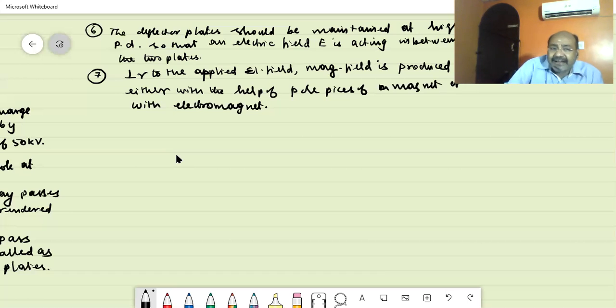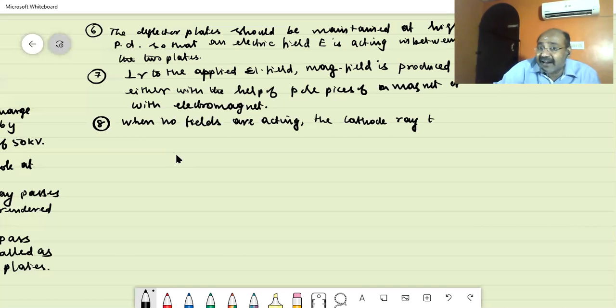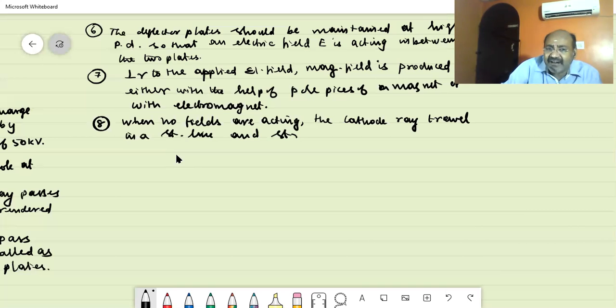Then point 8. What is that point 8? When no fields are acting, what will happen? That is, when there is no electrical field or when there is no magnetic field, the cathode ray or the electron beam. Okay, let us consider the cathode ray. The cathode ray travels in a straight line, and strikes the fluorescent screen,